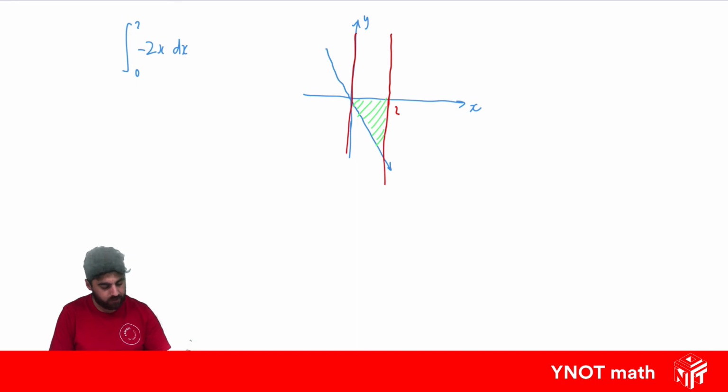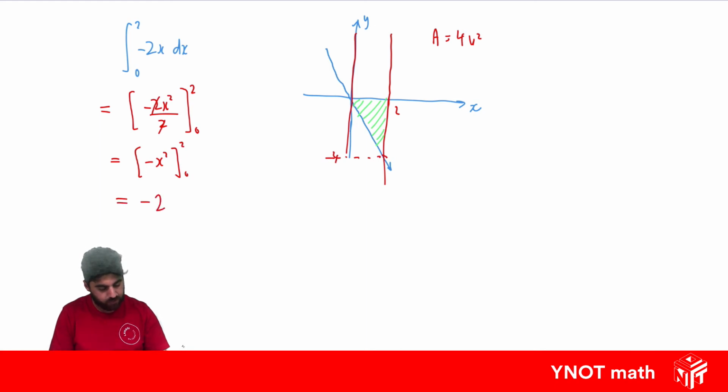So it's the exact same area because this y value is minus 4, so the height of the triangle is still 4, and we know that the area should be 4 units squared. And let's see what happens when we evaluate the integral. So we're going to add 1 to our power and divide by the new power in between 0 and 2. The 2's will cancel out, so this time we have minus x squared between 0 and 2. So we'll sub in our top one first, minus subbing in our bottom one. Now minus 2 squared is minus 4, and minus 0 just gives us minus 4,